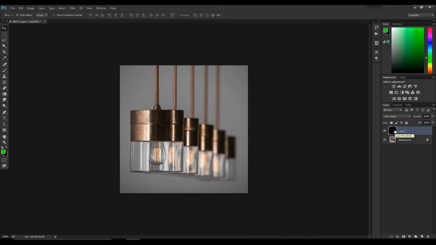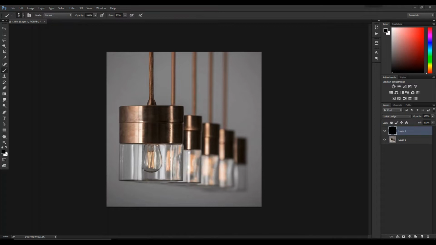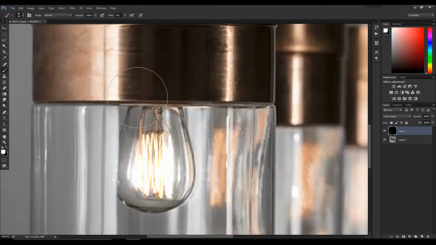Now simply using the brush tool we can add light, but before that make sure that your foreground and background color is set to default. For that, simply press on this icon and it will be automatically set to default, and keep your foreground color to white because we need to add light, so we need white color. Now with the help of the brush tool you can simply add light, but before that let's decrease our flow. Let's keep it to 5. That's enough. Now with the brush tool, simply, as you can see, it's looking so natural. You can also add glare as well, that I will explain to you after the second method is done.